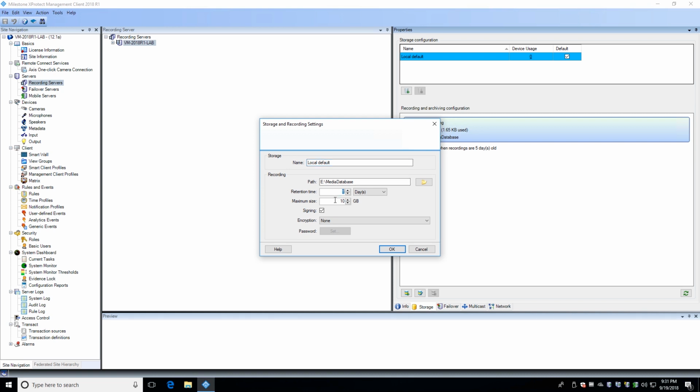You can set up multiple different storage configurations, each with different retention times, on one or more drives. Depending on your storage level, you may have a box for signing, which is used to prove the exported video hasn't been tampered with while it was on the server. So you should always make sure this option is checked if it's available. And again, depending on your software level, you may have the option to encrypt the video storage. However, due to increased CPU requirements to encrypt the video recordings, this should only be enabled if there's a strong need, such as medical privacy requirements, or if the video recordings saved in that storage container are of a particularly